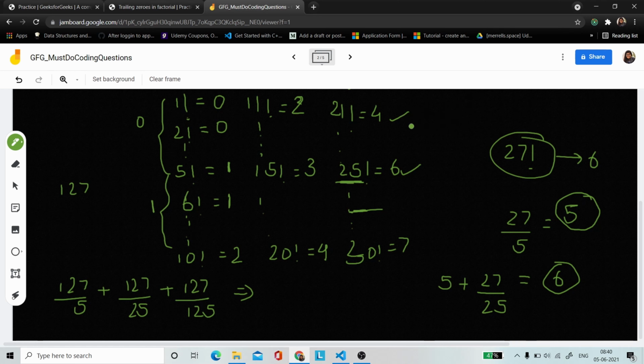If you see the pattern, you can notice that the number of trailing zeros in 124 is 28, but the number of trailing zeros in 125 is 31. It means there is an increment of 3. Initially, in the case of 5 there is an increment of 1, as you can see. In the case of 25 there is an increment of 2. In the case of 125 there is an increment of 3, which suggests that here you are having the effect of 5, 25 and 125. So we will have to now implement it.